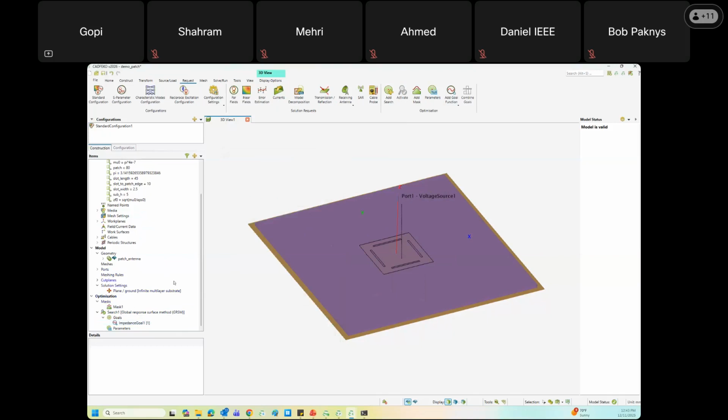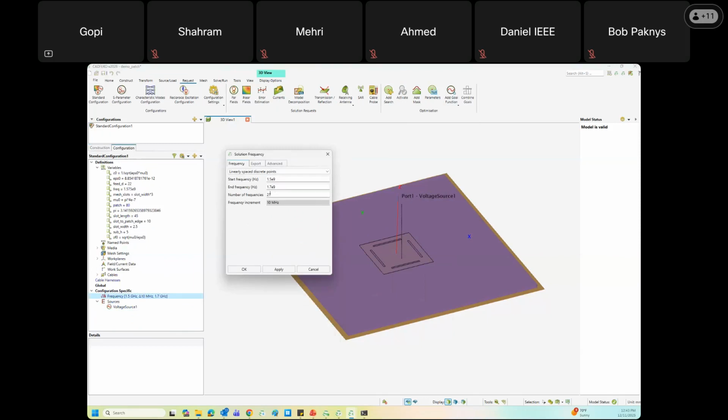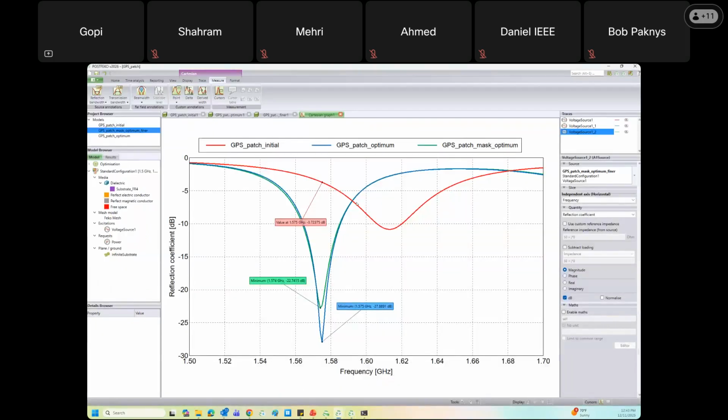So I ran these two cases with, of course, a much finer frequency increment than what you have here, so that when I'm plotting the results in post Feko, you can see a smooth curve, and I have the results here. So you can see the red curve is the initial design, where the reflection coefficient at 1575 is only like 0.3. But by optimizing at a single frequency, which is 1575 megahertz, and making sure it has the lowest reflection coefficient at that frequency, I'm able to optimize it, and you can see the reflection coefficient,